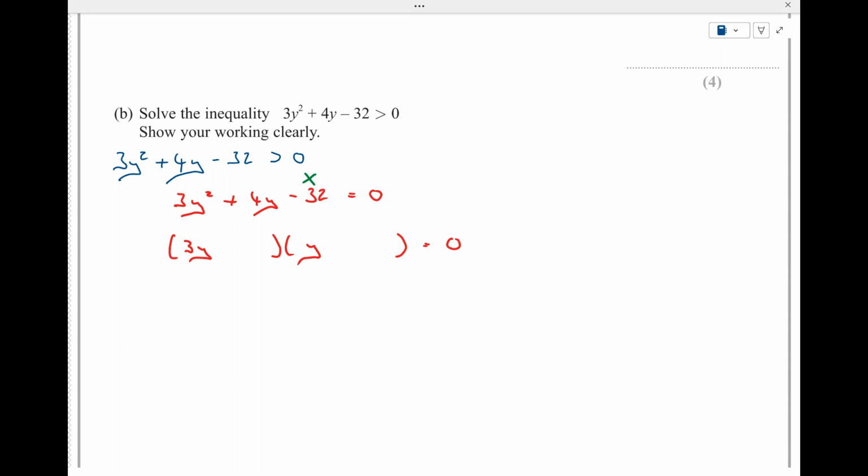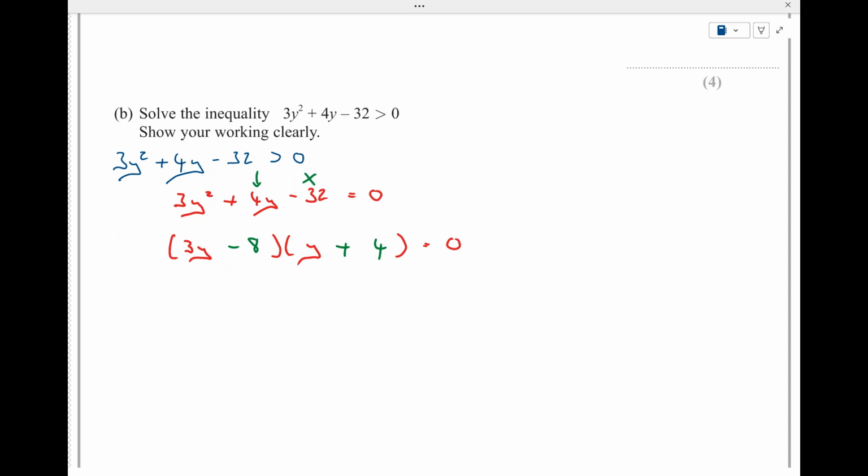So if I put the 8 here, then that gives me 8y, and the 4, that gives me 12, 3y times 4, so that's got a difference of 4. I want it to be plus 4, so I'm going to want to have plus the 4. So I'm going to have plus 12y from the outside there and minus 8y there to give me plus 4